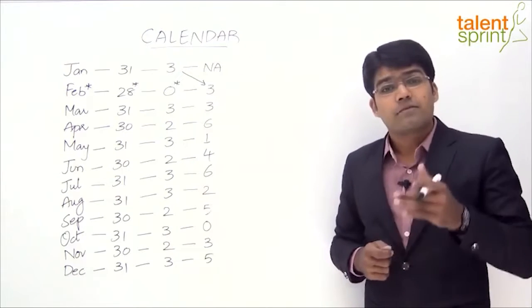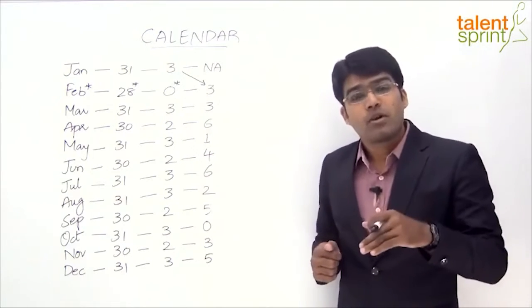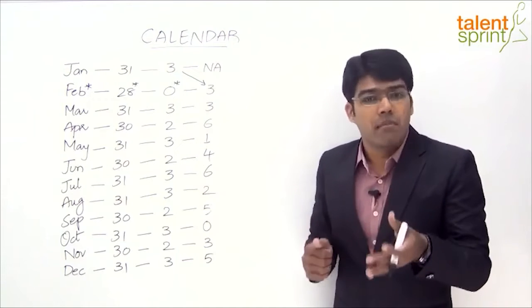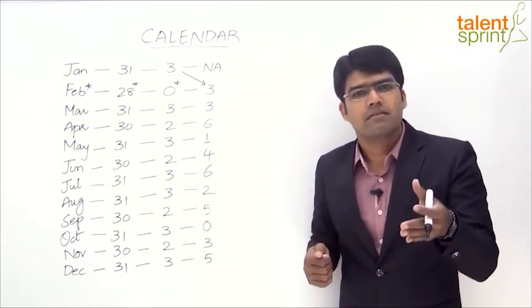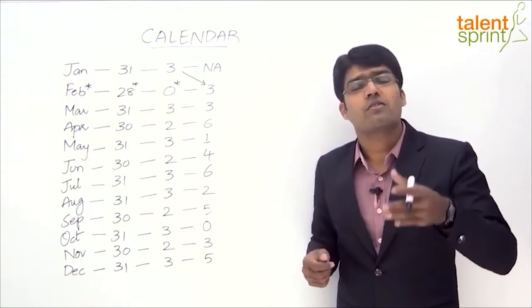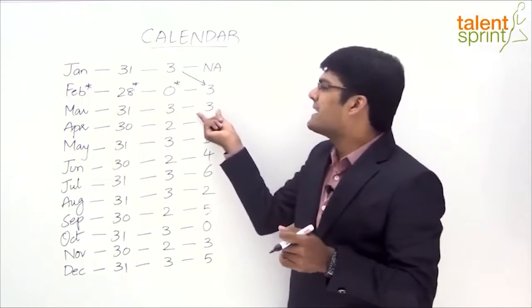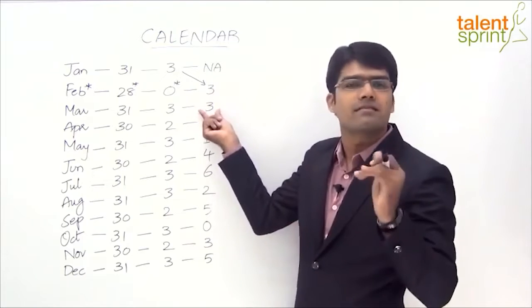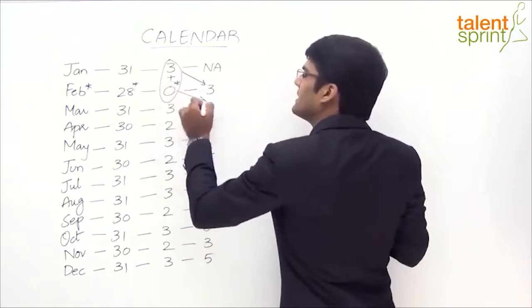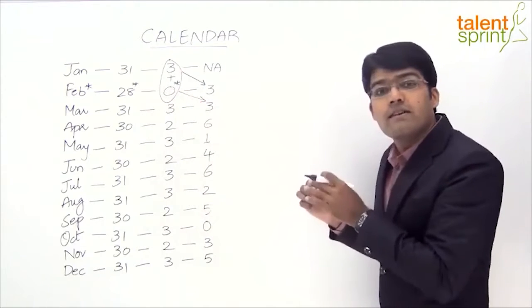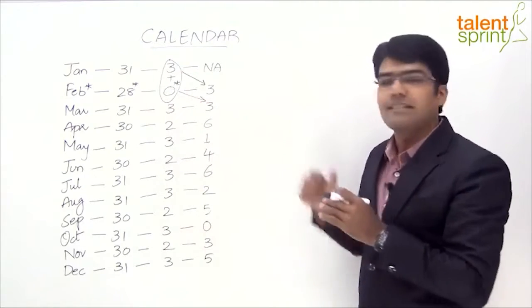That means if you have to calculate any day of the week for any date in March, we need to find out the number of odd days in Jan and the number of odd days in Feb. Then you have to add all those values. So instead of doing that individual calculation, we can directly say it is 3 for all the previous months. What is the calculation here? 3 plus 0 will give us 3. So the total number of odd days for all the months before March is 3.